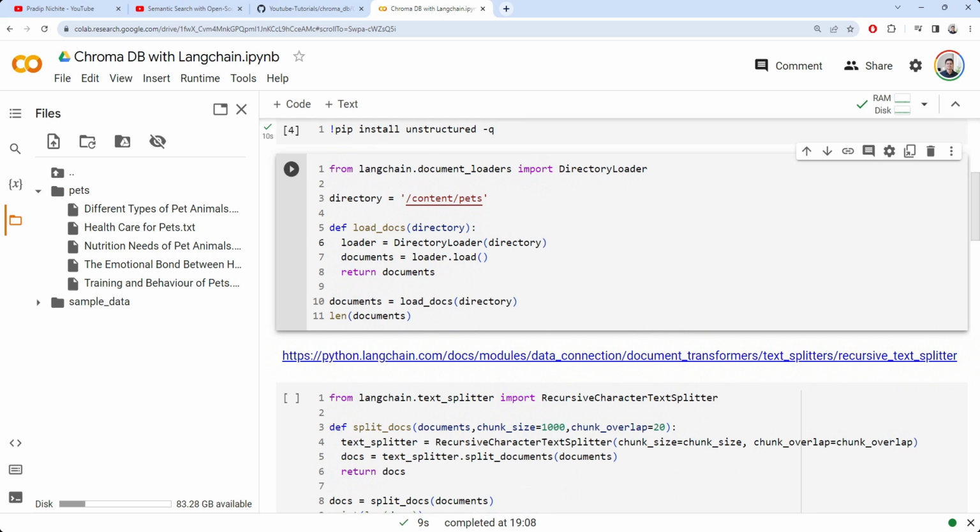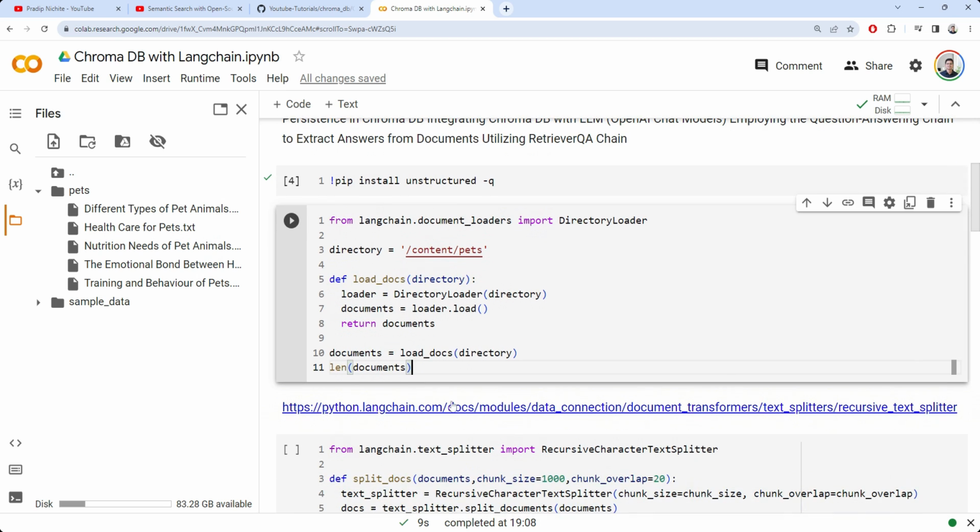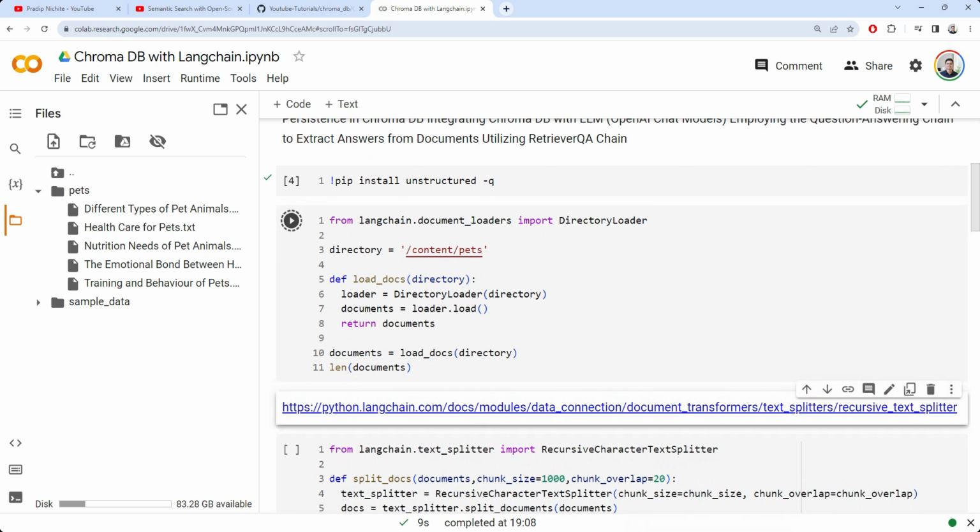Okay. So what we want to do, we have a list of documents inside a particular directory. From the Langchain utilities, we can use something called document loaders, and we can use the directory loader. This directory loader takes the directory path, and then using that loader, we can load the documents, and you will simply get a list of documents. A document is some kind of representation, and we will see what one document looks like. So let's first of all load those documents,